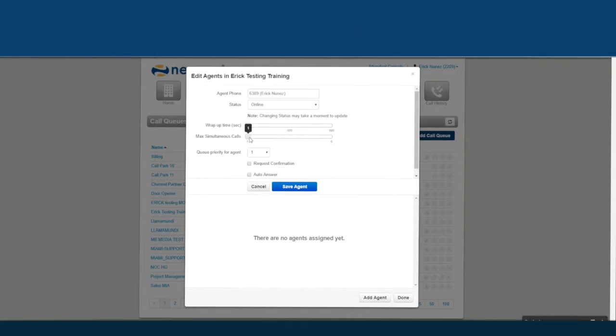Maximum simultaneous calls are how many calls I can receive from the queue at a time. Normally this is good to set at 2, which is the default. Most phones allow 2 calls per device,